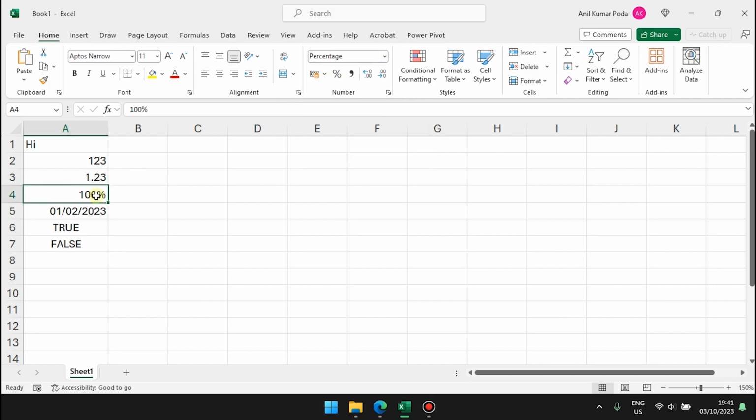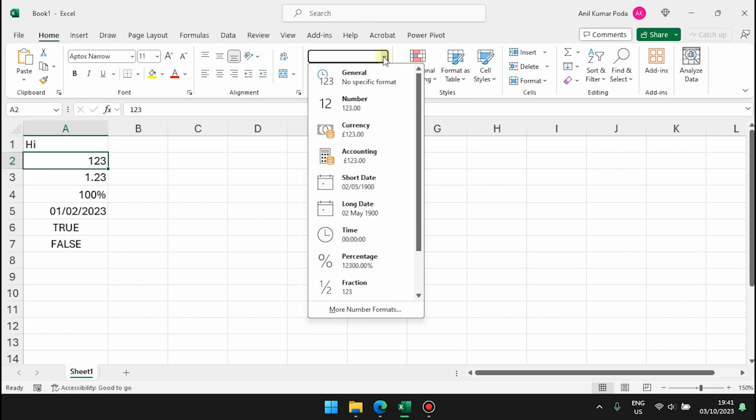When you select this 100%, it shows as Percentage. And when you select this date format, it shows as Date. And when you select this true, it shows as General, because true or false is 0 or 1, which comes under the General category.